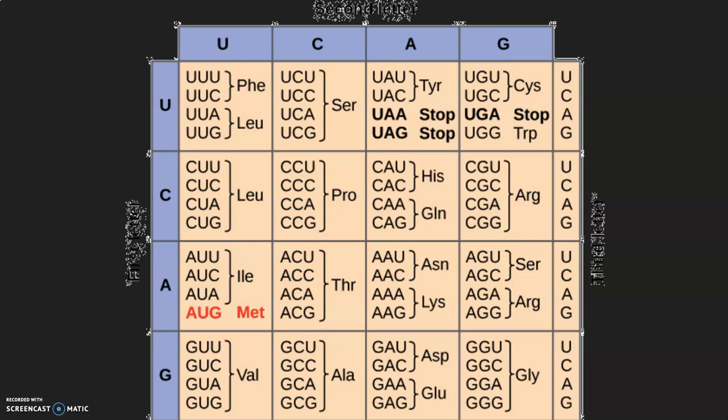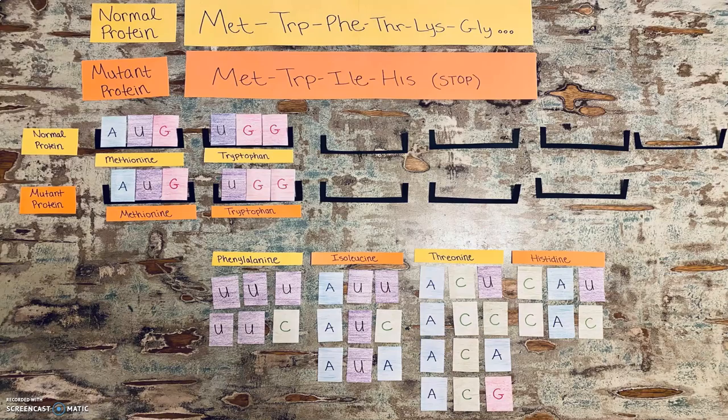I've included a link to a Khan Academy page that has information about the genetic code as well as the codon chart in the description. Determining the mRNA code of the first two amino acids is as simple as reading the chart, because both start/methionine and tryptophan have only one codon possibility.